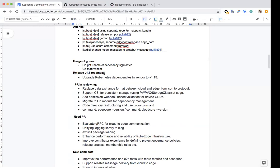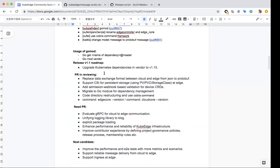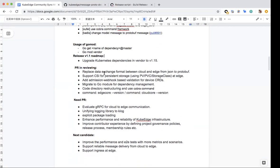Next, let's go through the roadmap of V1.1. We plan to release V1.1 at the end of this month, end of August. The items below show the development progress of the roadmap. The first is